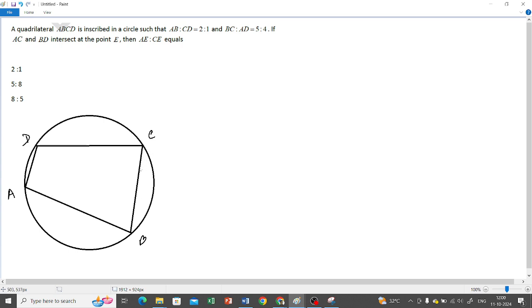AB is to CD, that means this is 2x, this is x. BC is to AD is 5 is to 4. So BC is, এটা হচ্ছে y, এটা হচ্ছে z. If AC and BD intersect at E,